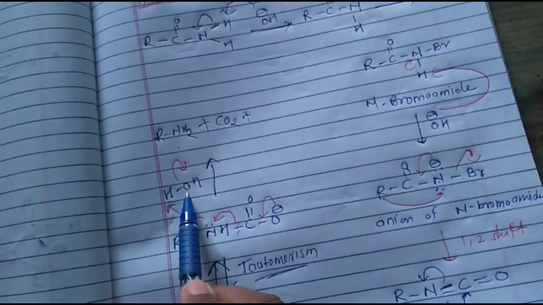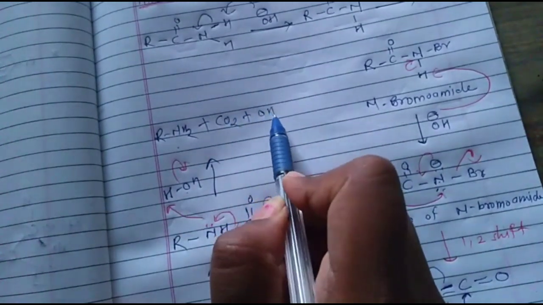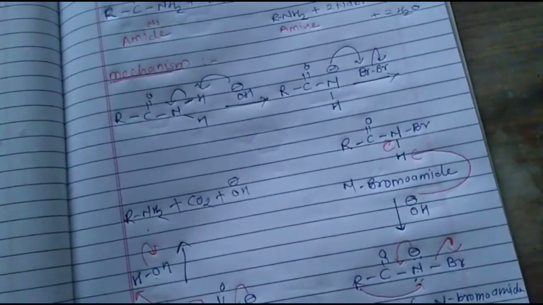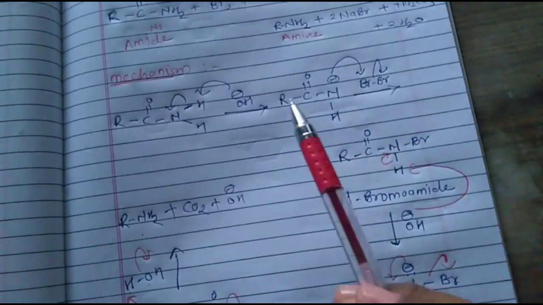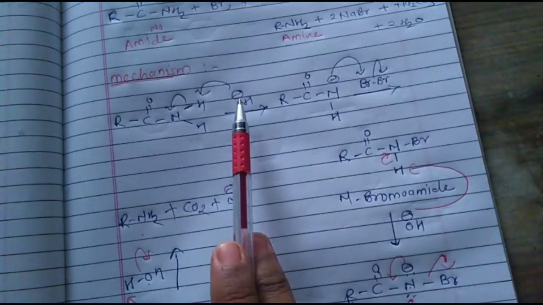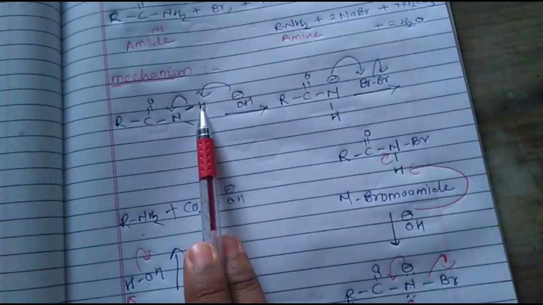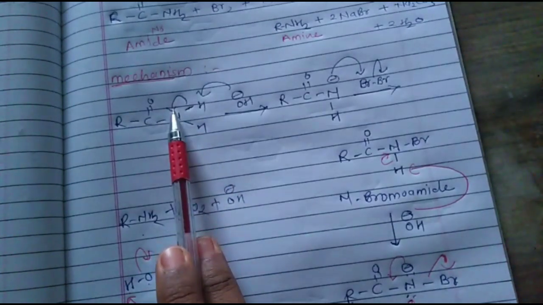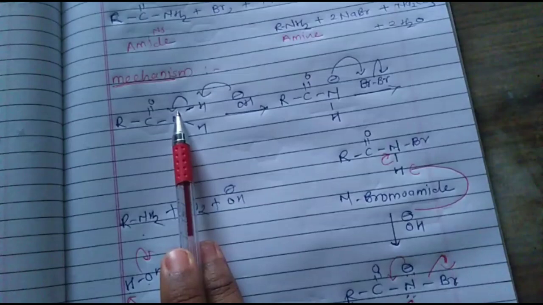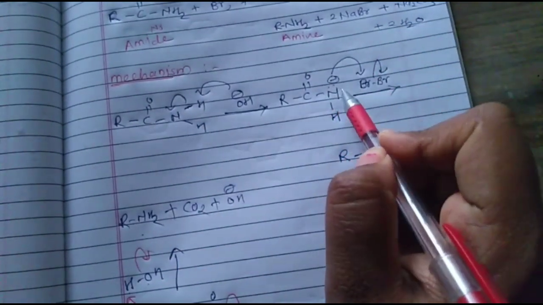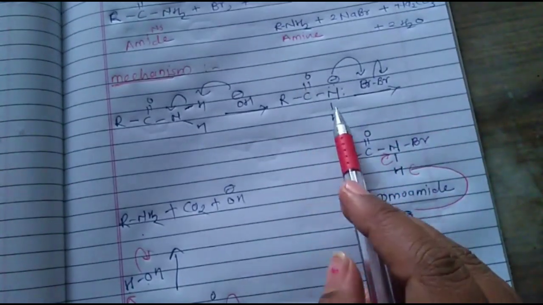And plus here, this is the remaining OH minus as it is. This is our product. So once again we learn the mechanism of this reaction. What happened? This is amide. It is attacked by this base, that is NaOH. This OH minus attacks this hydrogen, and the N-H bond is going to break and the electron is accepted by this nitrogen. By accepting this, there is a formation of a product like this, RCONH minus.